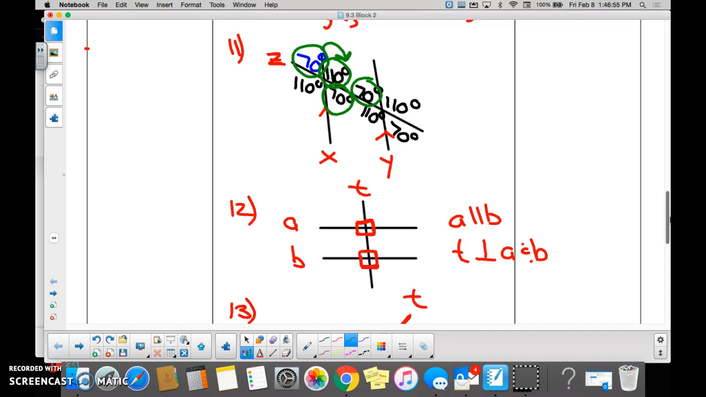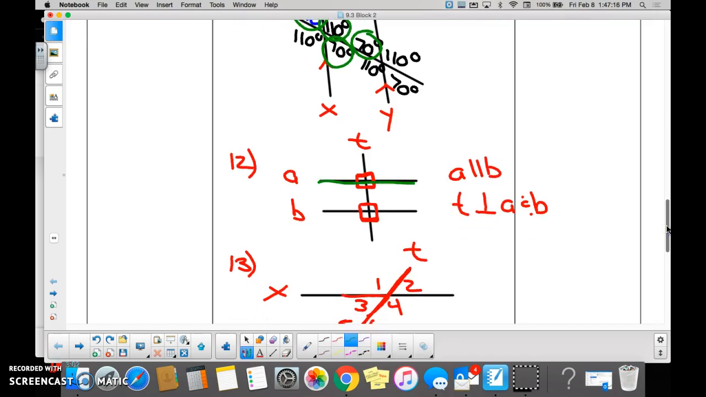If you use 70 as your explanation, they make what kind of line? A straight line. What does a straight line measure? 180, right? And then you can figure out the rest of them for the same reasons: vertical angles, corresponding angles, straight lines, right? In this situation, number 12,